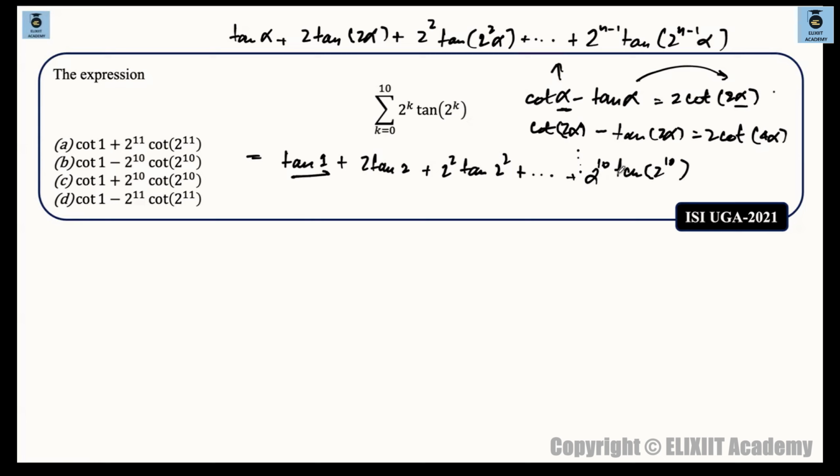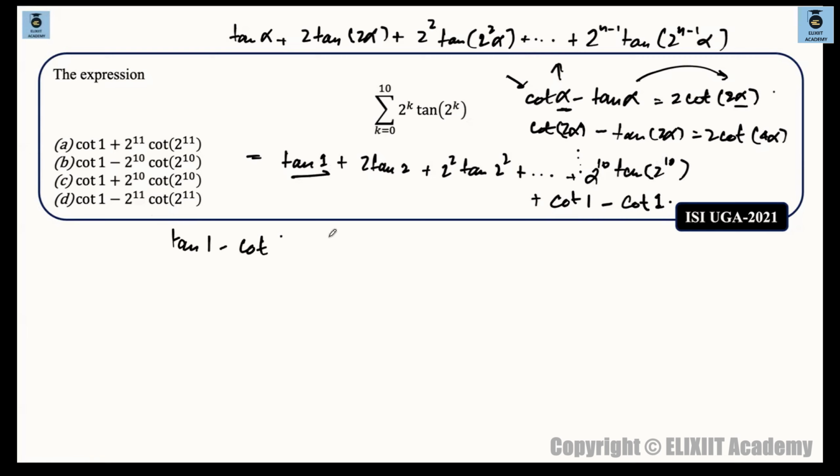There is a benefit for this, because you add cot 1 and minus cot 1. Why? Because if you just focus on this difference, tan 1 minus cot 1, or cot 1 minus tan 1, whichever you say. Cot alpha minus tan alpha or tan alpha minus cot alpha, it is the same thing, only a minus sign comes in front. So if you just focus on this difference, tan 1 minus cot 1,